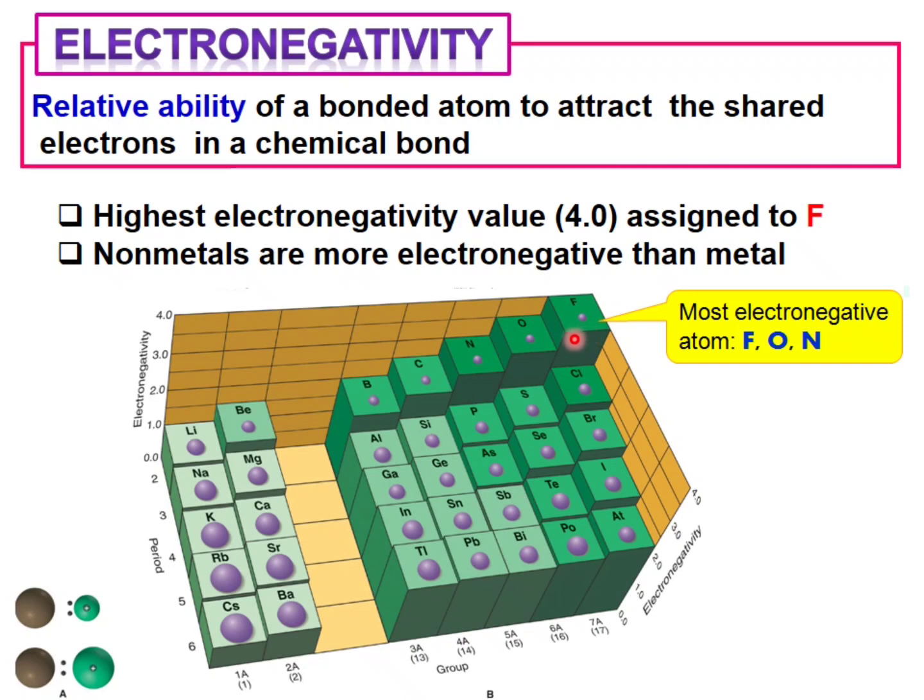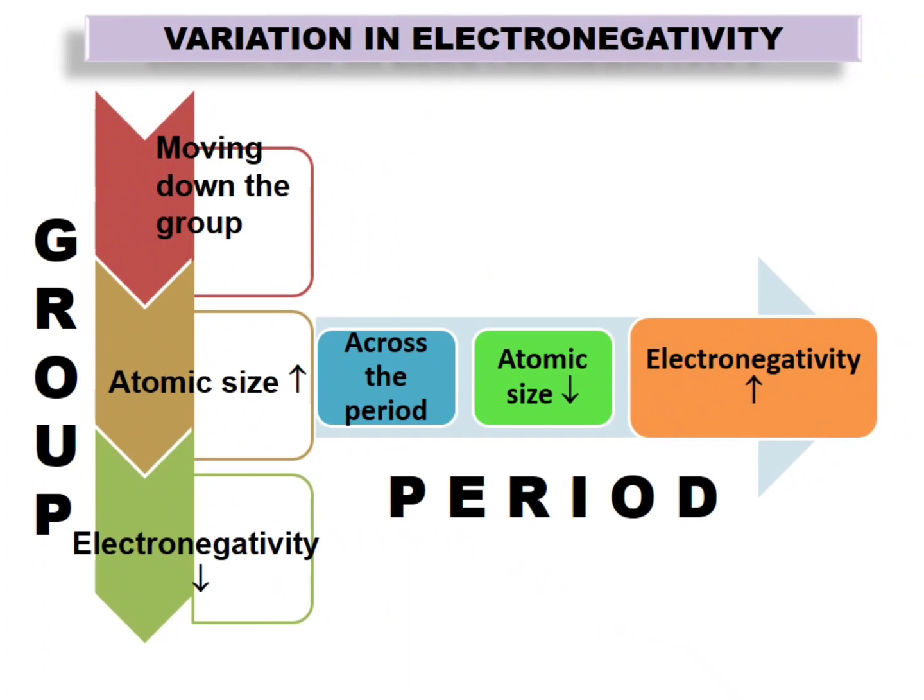Fluorine adalah antara elemen yang mempunyai highest electronegativity. So non-metal are more electronegative than metal, sebab non-metal cenderung untuk gain electron or receive electron compared to metal. Metal dia cenderung untuk donate electron. So we look at variation in electronegativity. So if you look at the trend across a period and down a group,